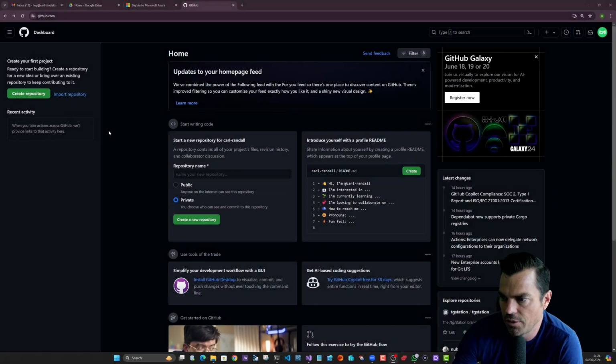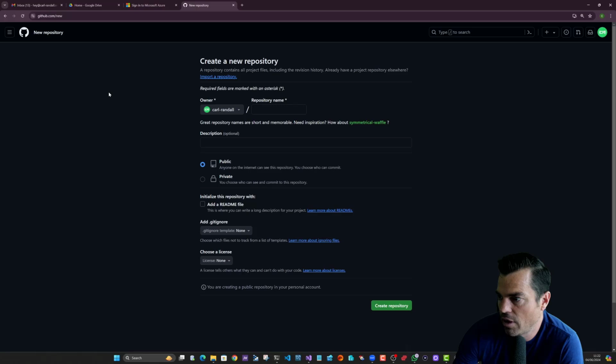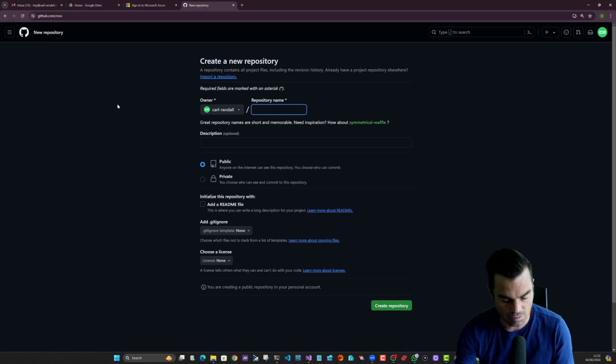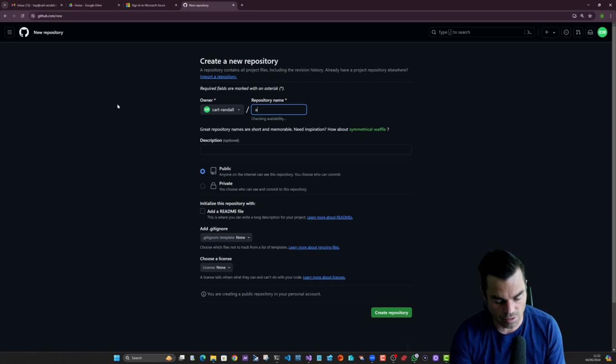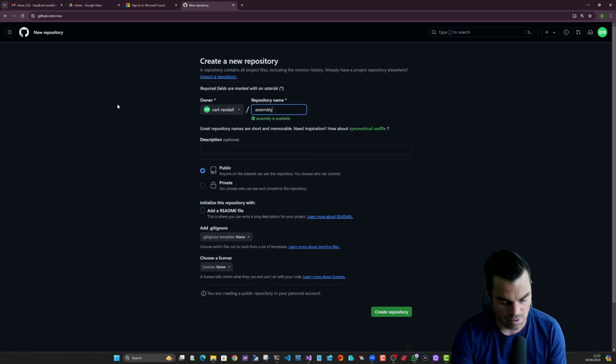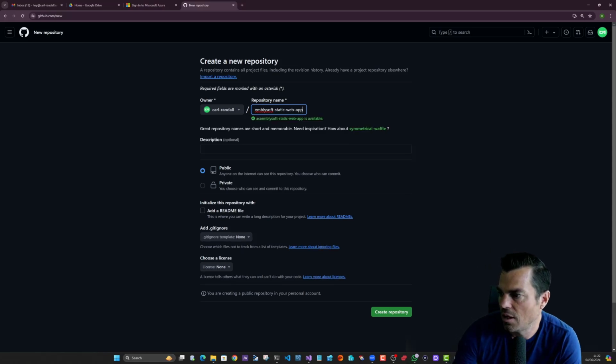So the first thing that we want to actually do is create a repository, which is super simple. We're in github.com, literally just hit on this create repository. Now I'm already logged in, so you'll need to create a GitHub account if you haven't got one. Here's my GitHub account, and then we need to give it a name. So we're migrating the Assembly Soft MVC ASP.NET Core web apps. So let's stick with Assembly Soft in the name, and then we'll give it a name like static web app for now, and we'll come back and put a description in a little bit later,